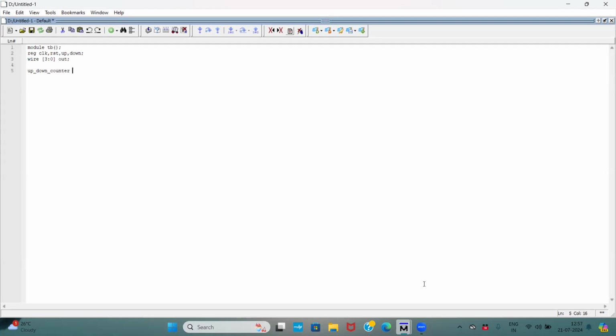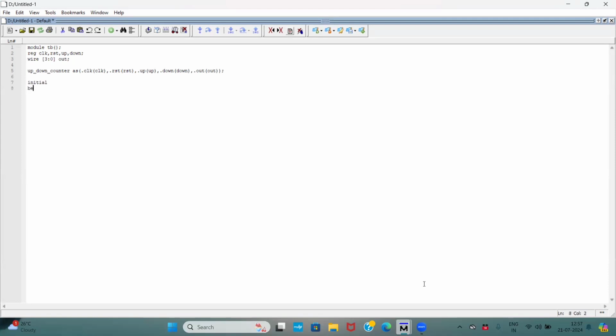Here I am giving the name as A. Now here I am making the instantiation: clock equals to clock, nothing but I am giving a connection between this test bench and the design. Up equals to up and down equals to down and out goes to out. Now